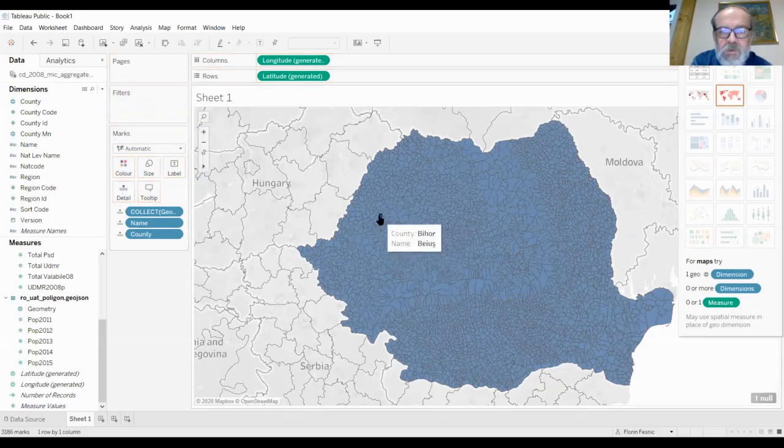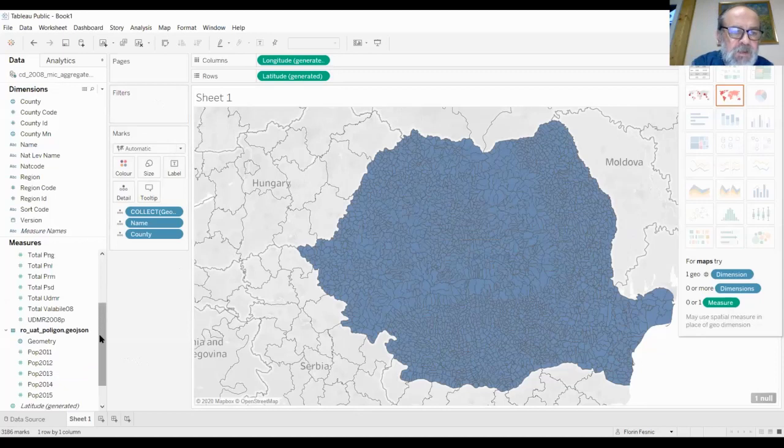See now the famous city of Baia Mare is in the county of Bihor. So we have a map of Romania. Our goal, though, is not just to have a map of Romania. We want a map of Romania with election results in this example.